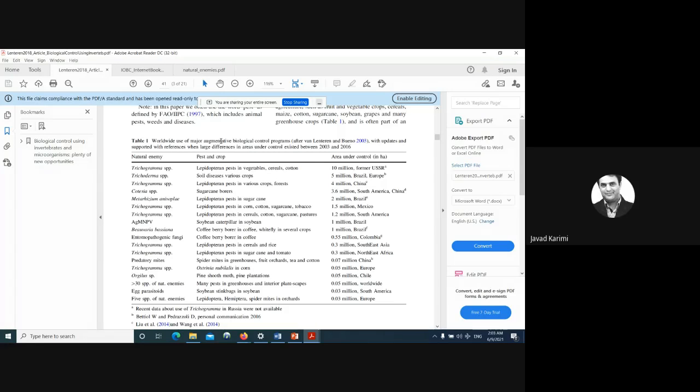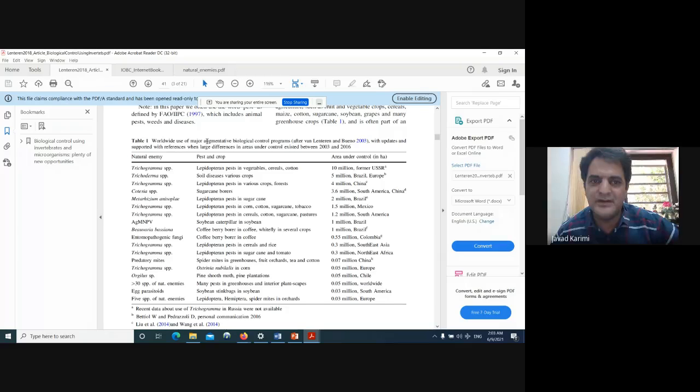Worldwide use of major augmentative release biological control programs. You can see here the type of natural enemy on the left, in the middle the pest and crop, and on the right the area where the natural enemy is applied. On the left, you can see Trichogramma again, the first rank, against Lepidoptera, meaning moths, in vegetables, cereal, and cotton in about 10 million hectares. You can see here new data, 10 million. This is the biggest